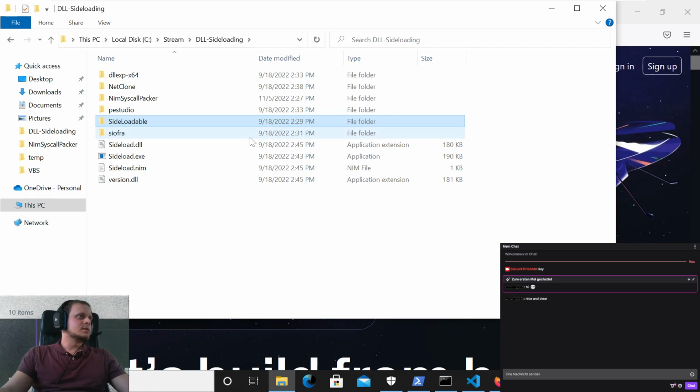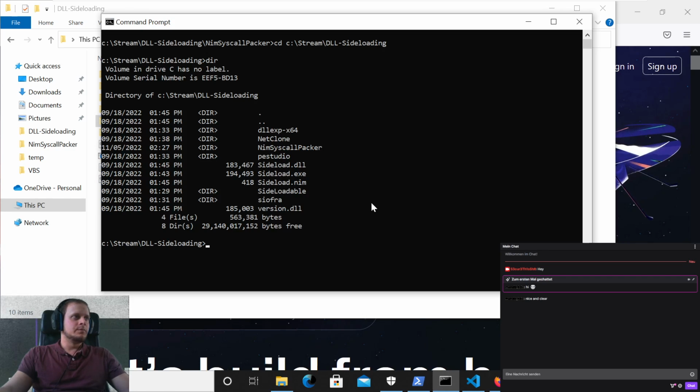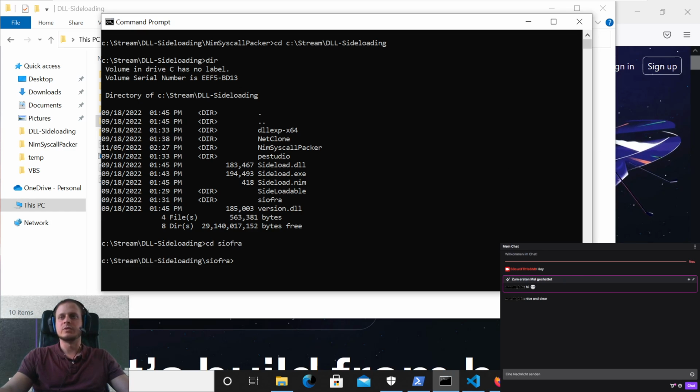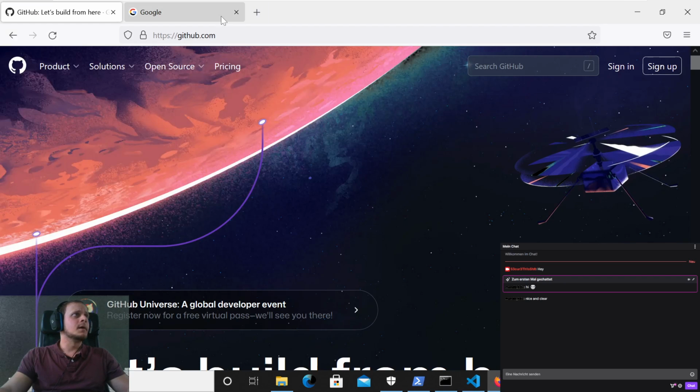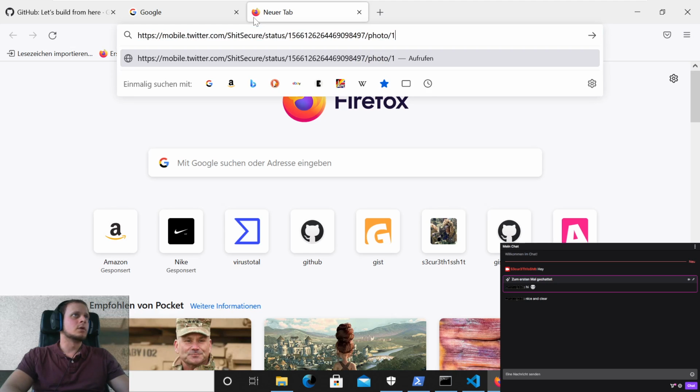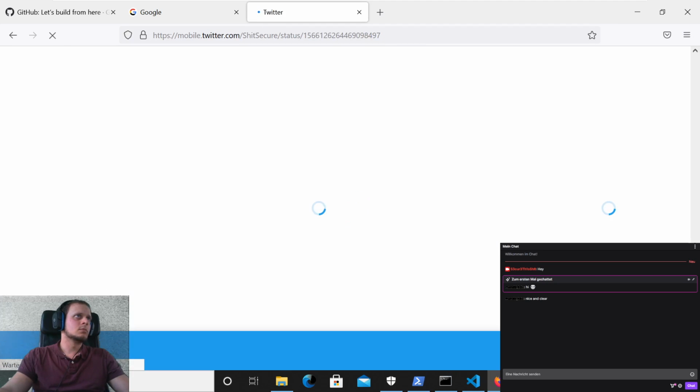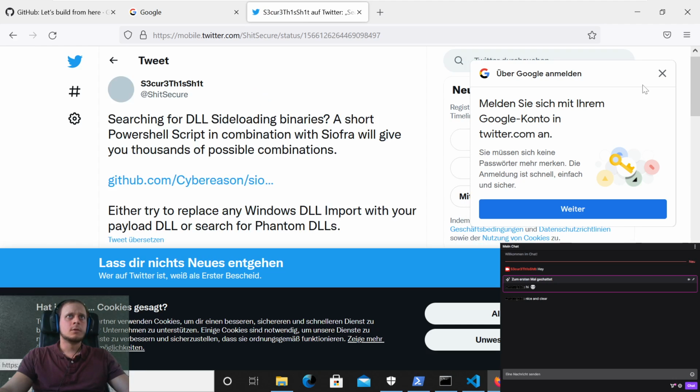How does this basically work? Or first of all, how could we, for example, check for DLL sideloading vulnerabilities? There's one specific tool which I personally like and used, which can scan for DLL sideloading, which is Siofra. You can find this one on GitHub, and I also put one link on Twitter some time ago, in which I just posted